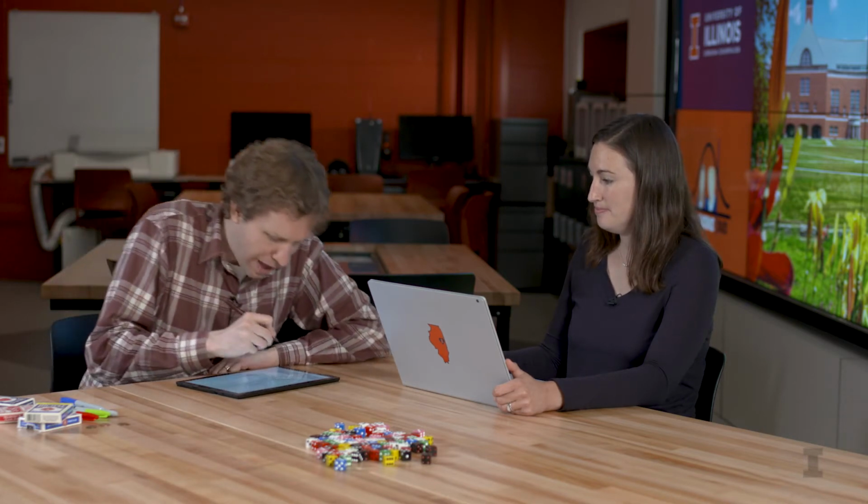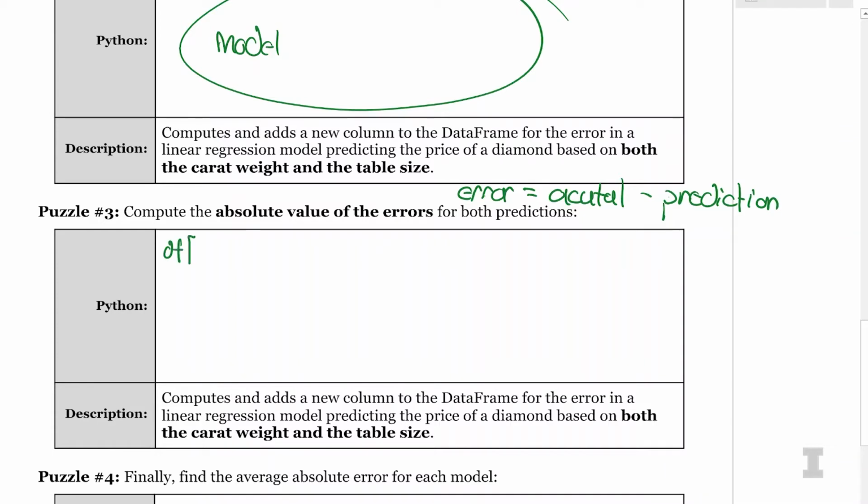So I'm going to say df dot price simple, and I'll say simple p for simple prediction. So price_simple_p is our simple prediction, and that's going to be equal to our simple model dot predict.